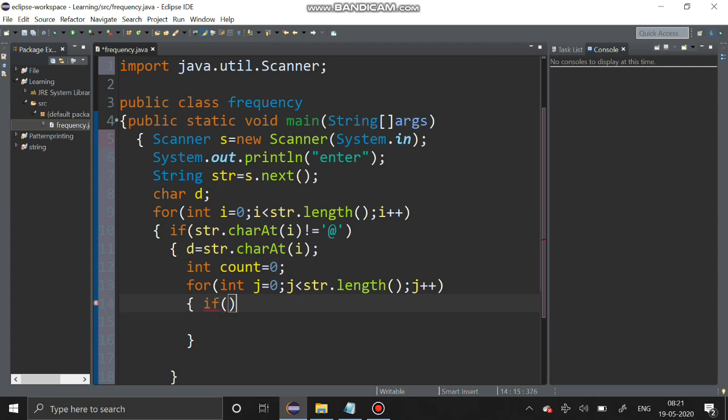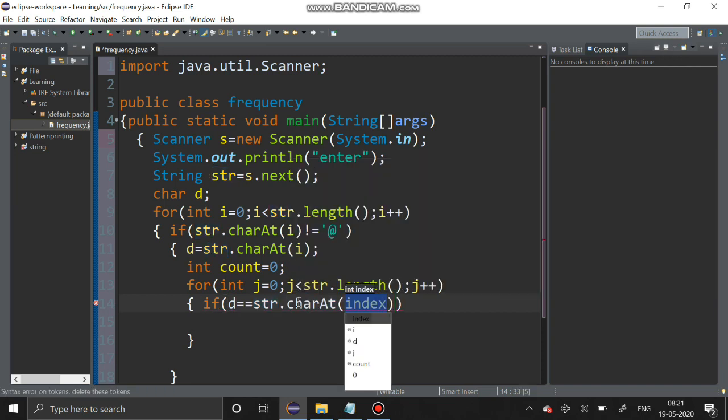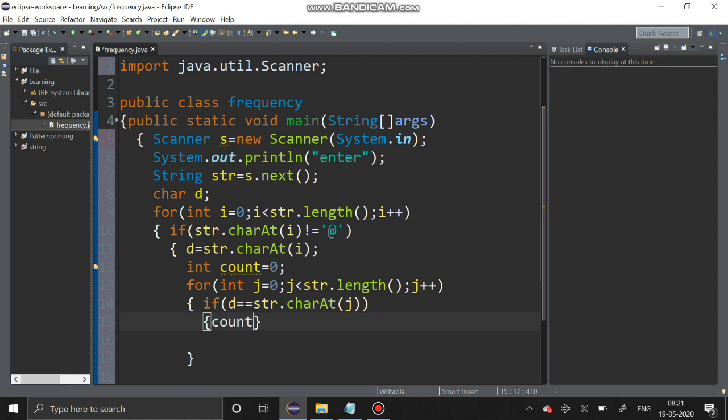If d, that is the character, is equal to str.charAt(j), then we have to increment the count. count plus plus.